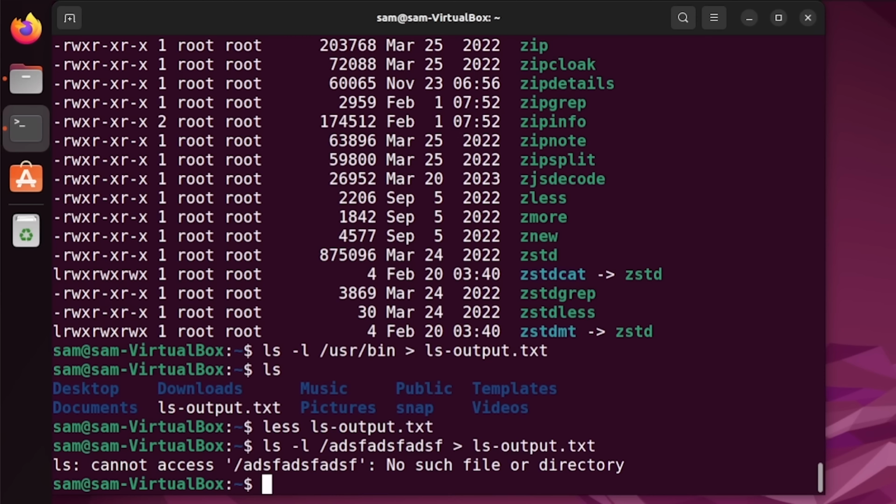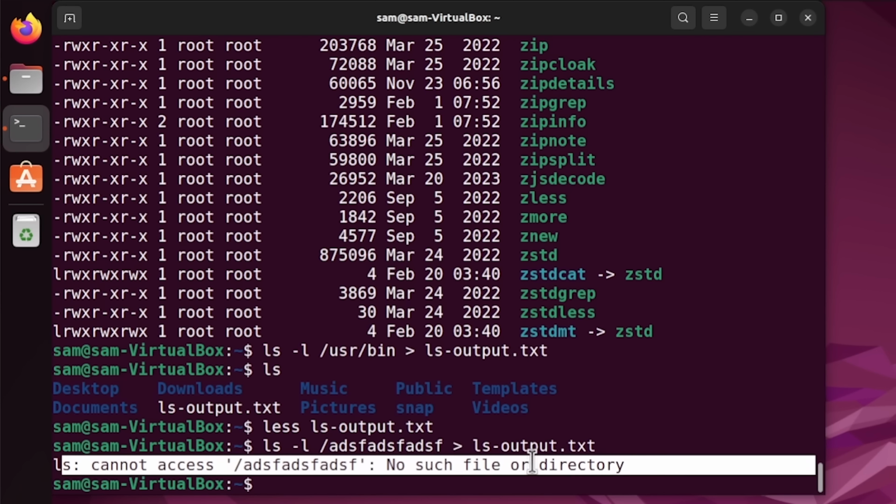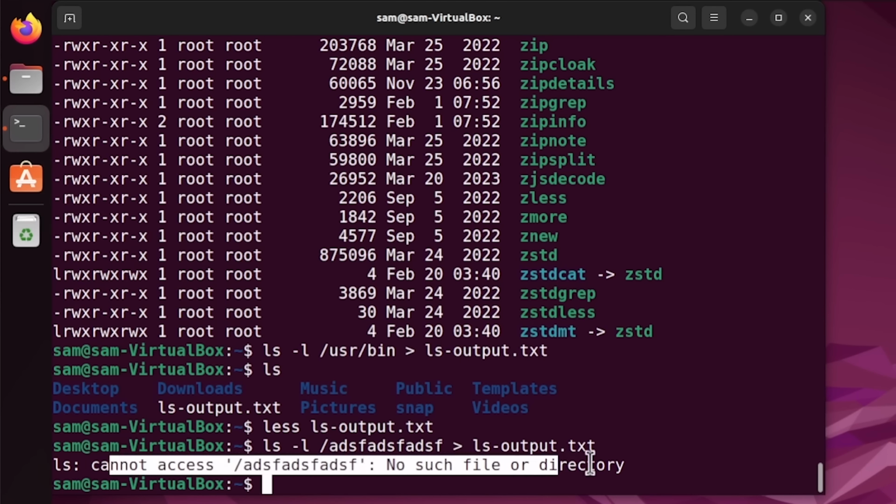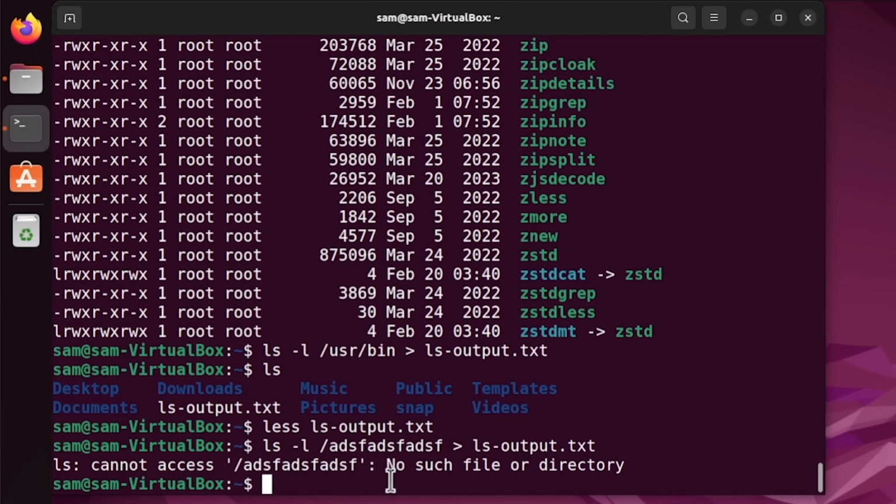And if we press enter, we see, hey, even though we redirected the output to lsoutput, we still got this error printed out to the console. Well, like I mentioned, this line right here got written to stderr, but our redirection was only for stdout. So for that reason, anything that got written to stderr still gets printed on the console. We'll take a look at how to redirect stderr in a minute here, but first let's look at the contents of